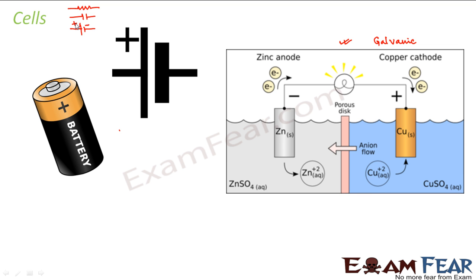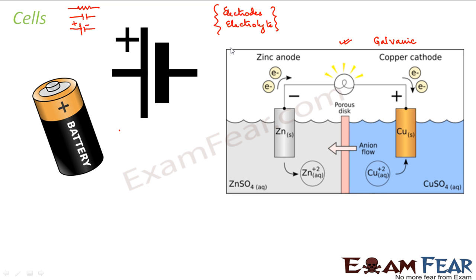How does the cell work? Now, coming to the construction of the cell, before knowing how a cell works, we should know what the cell consists of, what is present inside the cell that will make it work. So the basic construction of a cell consists of electrodes and electrolyte. You might be familiar with these terms from your chemistry. So what are electrodes basically? Electrodes are nothing but conductors through which current can pass. Right? So an electrode is an object which allows current to pass through it.